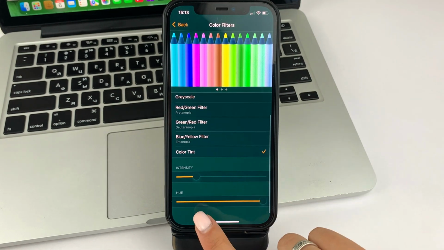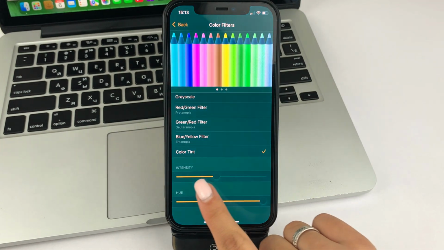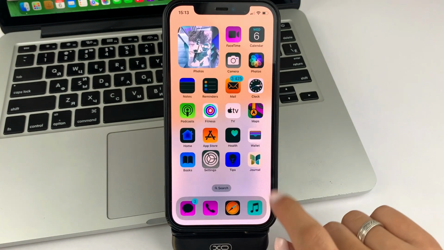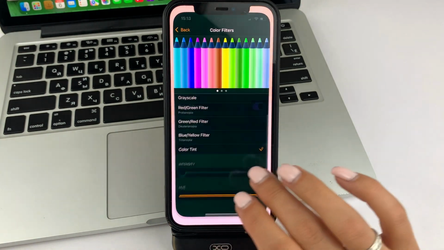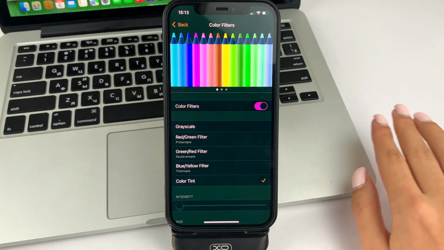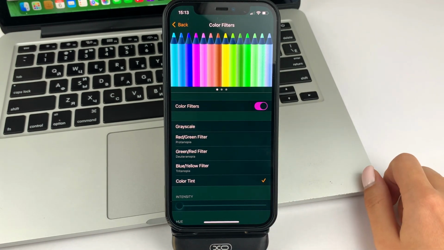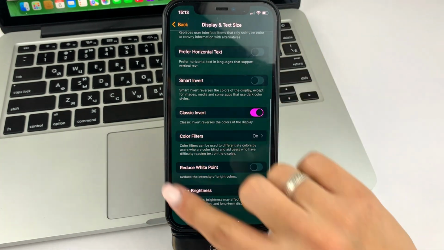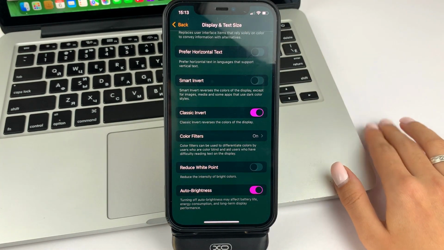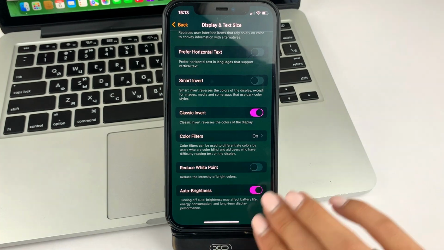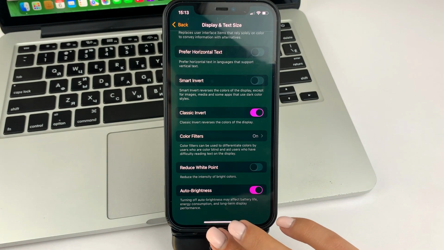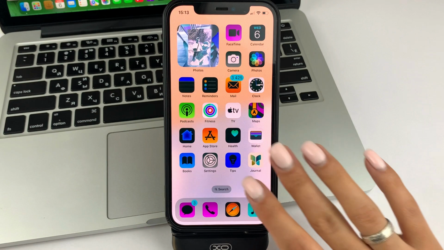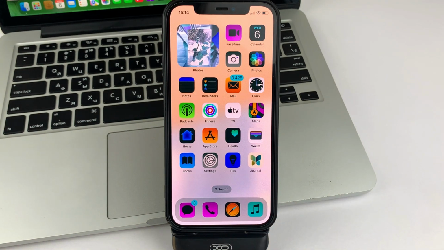Also, folks, you can choose the saturation. Just like this. And as you can see, you will now have both the shortcuts and the appearance of the full menu of your iPhone changed. And so the complete appearance of your icons, your menu, and also your screen will be different from everyone else. So you will be able to change the color of the screen on your iPhone.